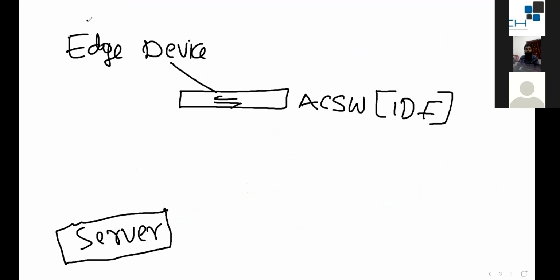If it's a camera, you need a recording server. If it is an IP phone, you need a telephone server. If it is a Wi-Fi edge device, you need a Wi-Fi server. If it is an access control system controller or client device, you need the respective server. And the server will connect to the core switch.